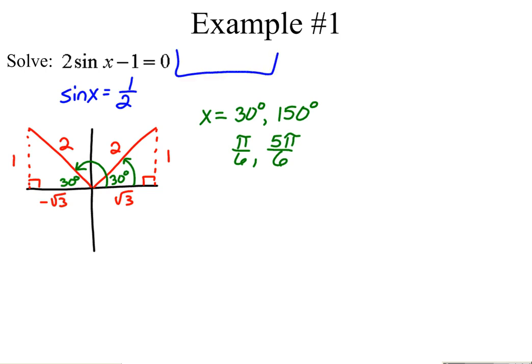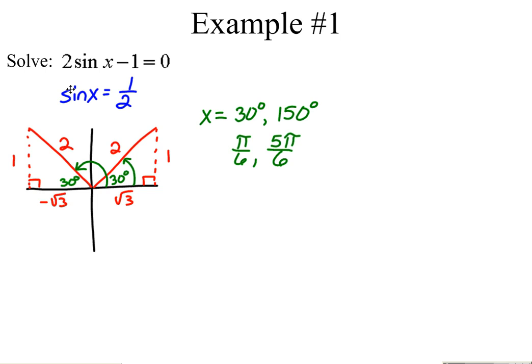Now, we're not yet done with this problem because there is no domain restriction placed upon this. In other words, in most of the problems you're going to do, it will say something like solve on the interval from, let's say, 0 to 2 pi, which means then that you would only be finding your solutions between 0 and 2 pi. 30 degrees, 150 degrees, or pi over 6 and 5 pi over 6 would be your only two solutions. In this case, though, we did not have that domain restriction, which means we need to find what is called